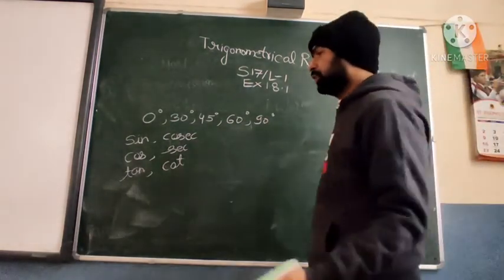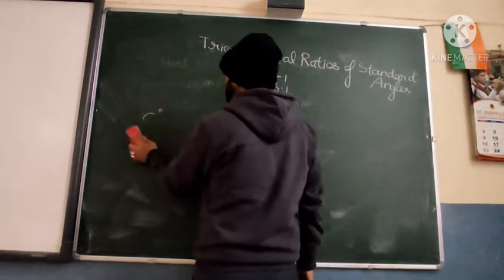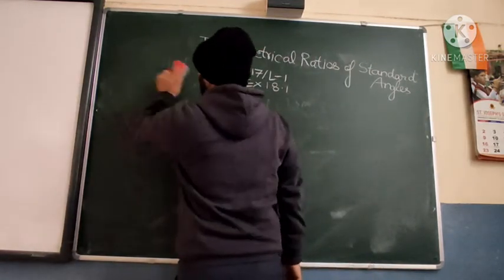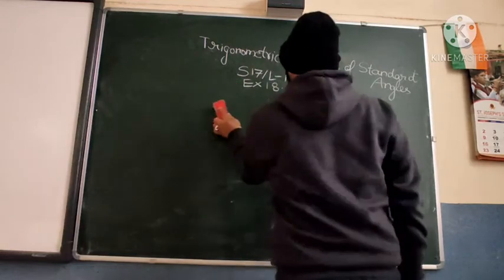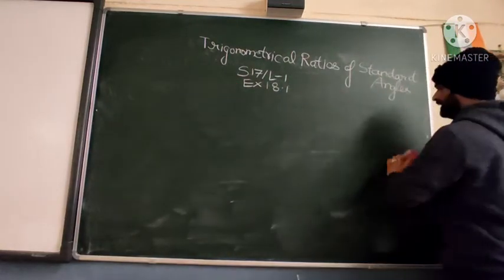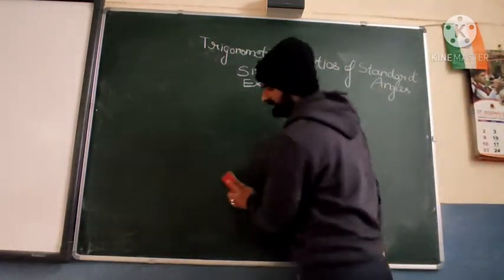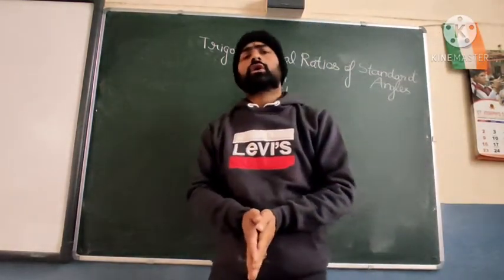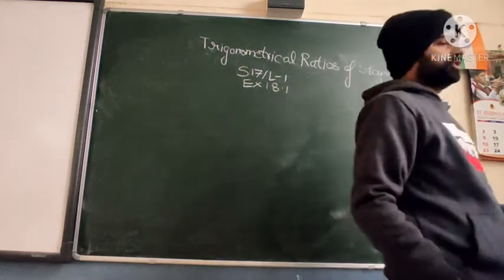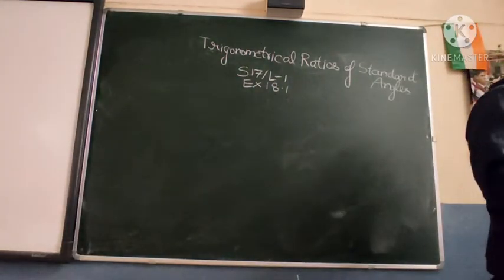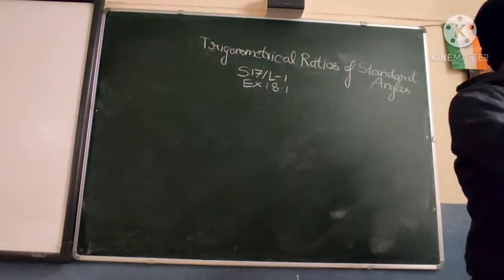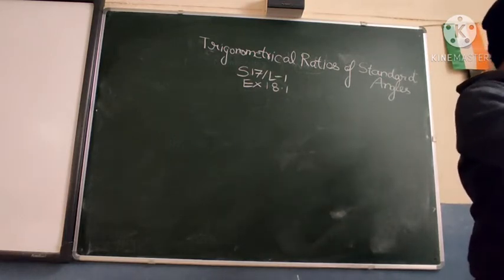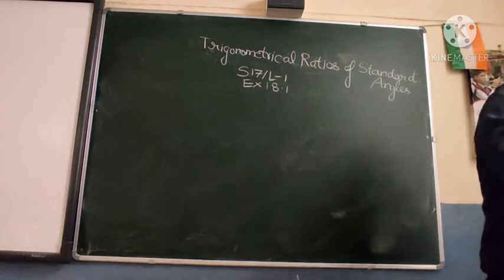So let us jump on to the questions, because these values you need to remember. Some formula you have made, some links you have made, some numbering made, and it is very good. Otherwise also you can learn it. Another way of learning is solving questions on it. As many questions you solve, that many values you will remember. Please try to write the table and then learn it. And these are standard angles, that's why the values are given.